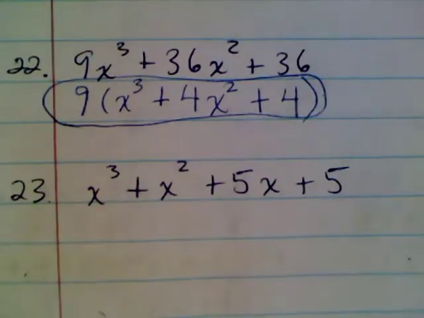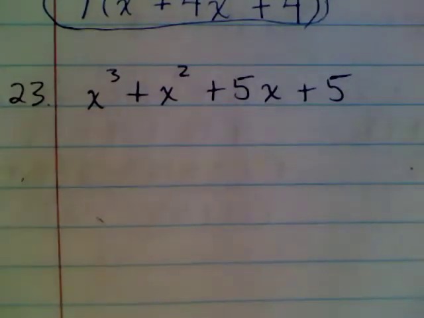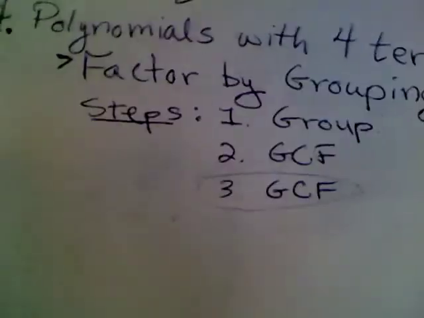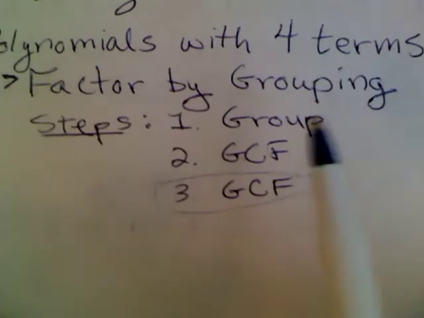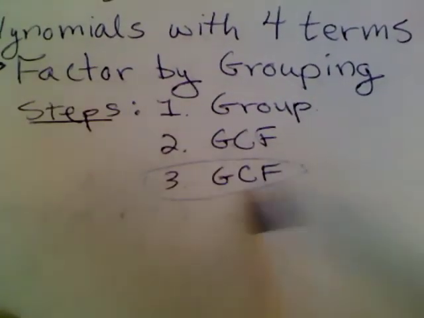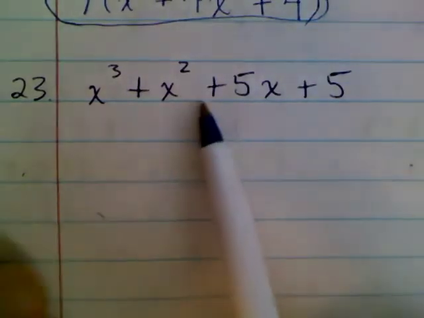All right, 23. Ooh, it has 4 terms. What do you do with 4 terms? I'm going to put this page back up here again. When you have polynomials with 4 terms, you have to factor by grouping. That means you group, GCF, then GCF. Group, greatest common factor, greatest common factor. So our first step, going to group,